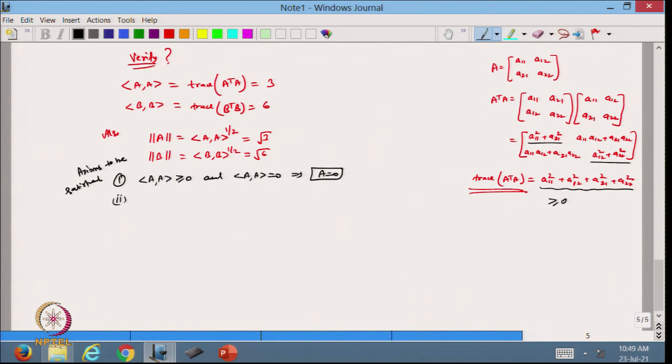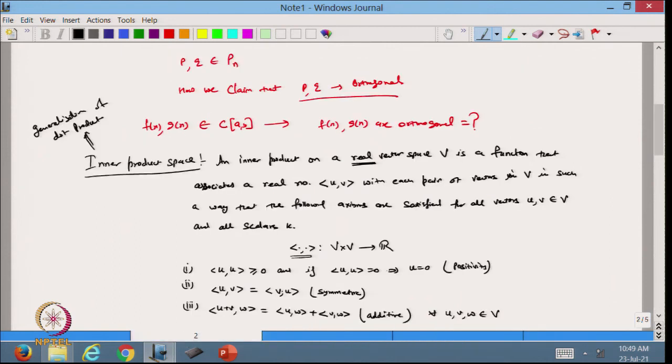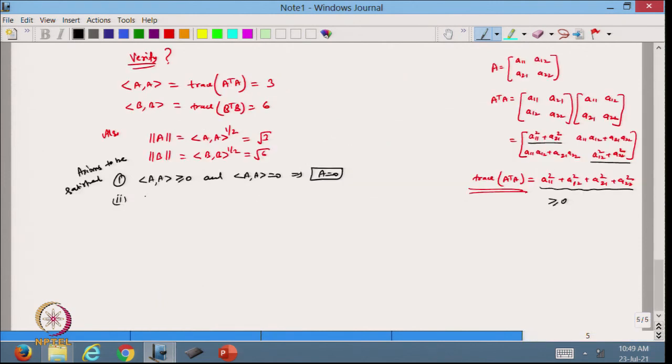The second one we want is the symmetry. So we know that we are defining the inner product of A and B, here we have defined A B as trace of A transpose B. Now I want to see what will happen if I take B A. So B A should be the trace of B transpose A, and if you see from here,